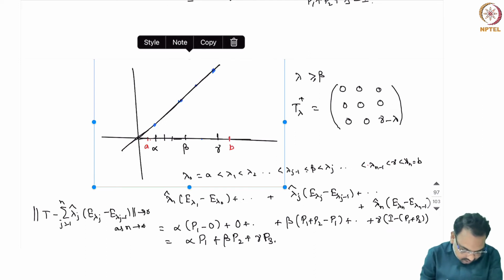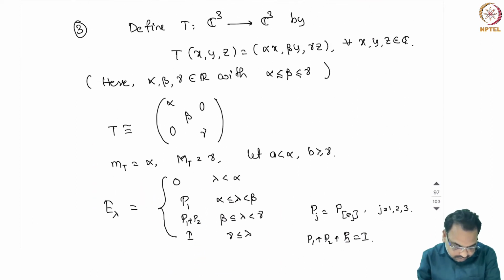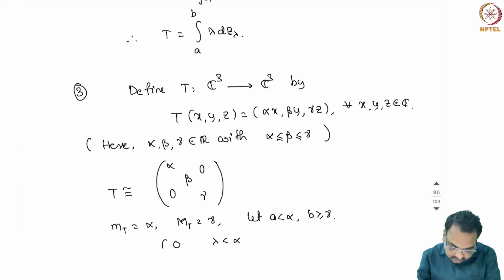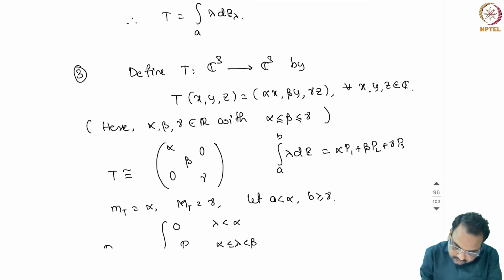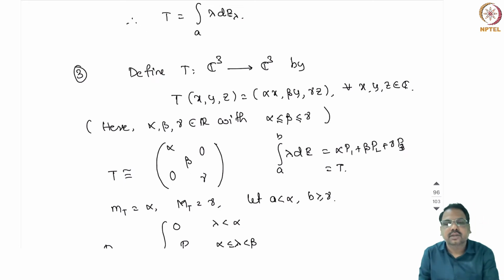That means T is nothing but the integral of lambda d e lambda, from a to b. This is alpha P1 plus beta P2 plus gamma P3, and this is nothing but T. Okay,